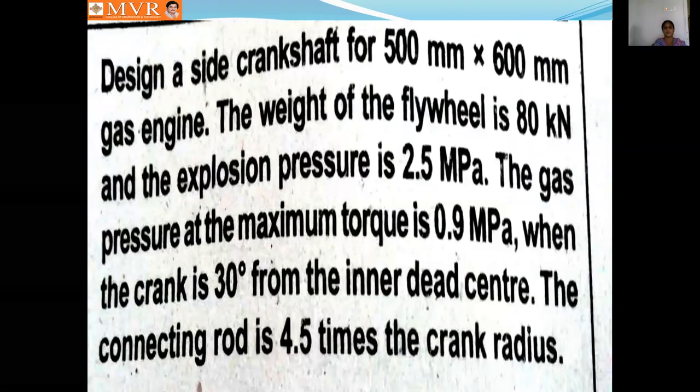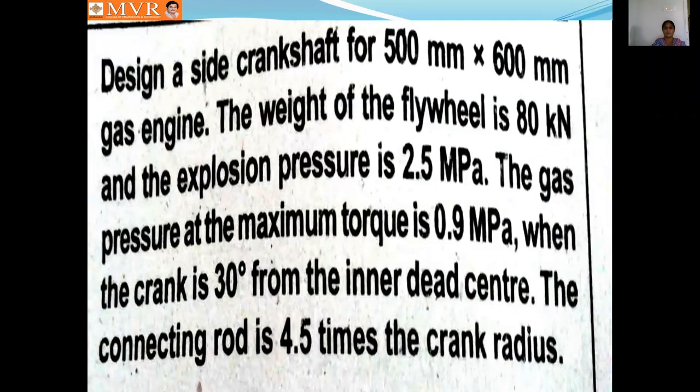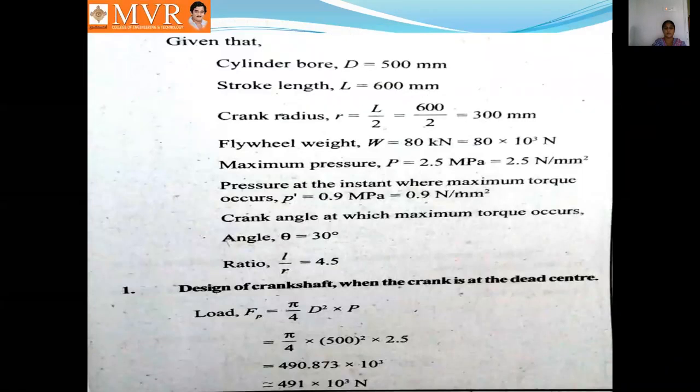Design a side crankshaft for a 500 mm into 600 mm gas engine. The weight of the flywheel is 80 kilonewton and the explosion pressure is 2.5 megapascal. The gas pressure at the maximum torque is 0.9 megapascal when the crank is 30 degrees from the inner dead center. The connecting rod is 4.5 times the crank radius. We have to find out the